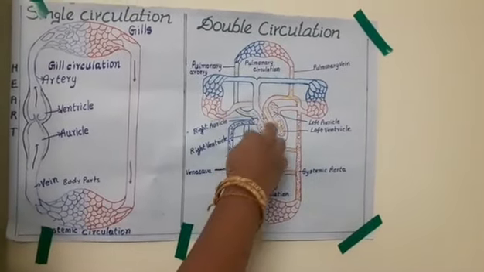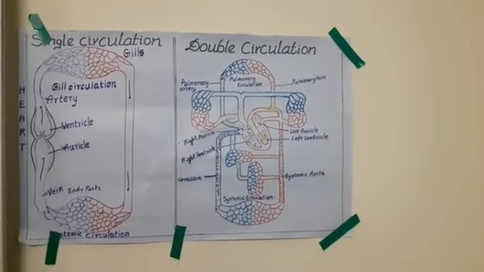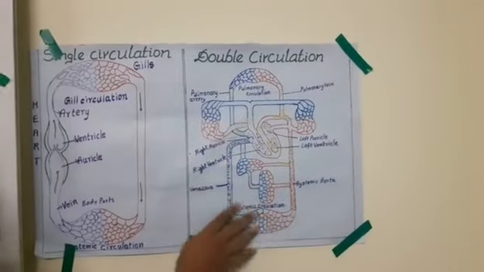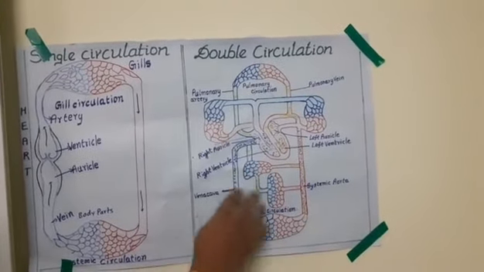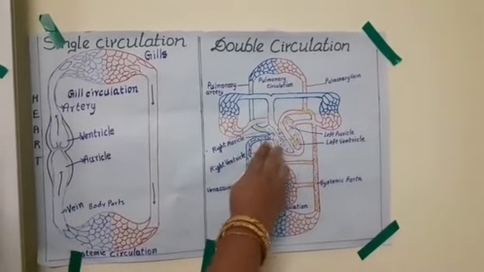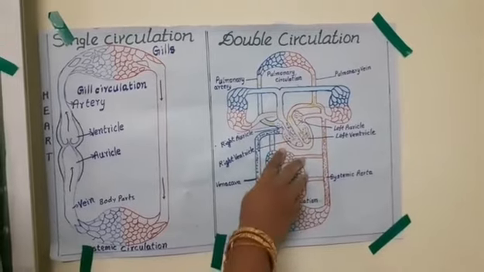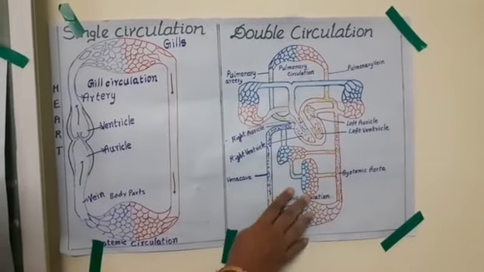As the blood is pumped to the lungs, we call it the pulmonary heart. Let's clearly see the double circuit circulation in human beings. In all the mammals also we observe double circuit circulation. You know that the heart consists of four chambers. The upper chambers are called auricles and the lower chambers are called ventricles.